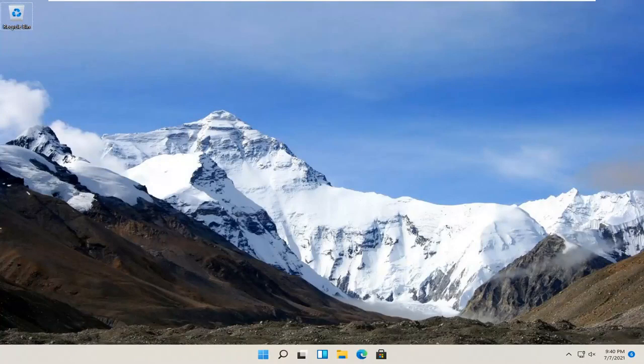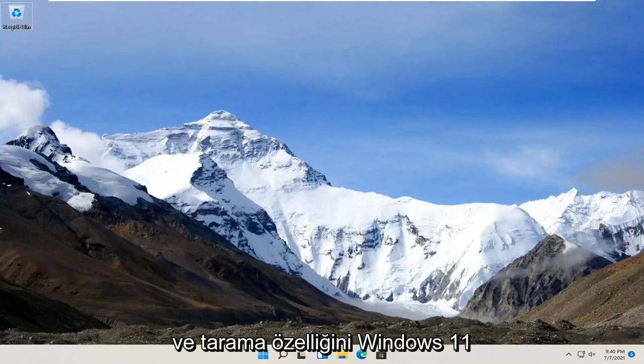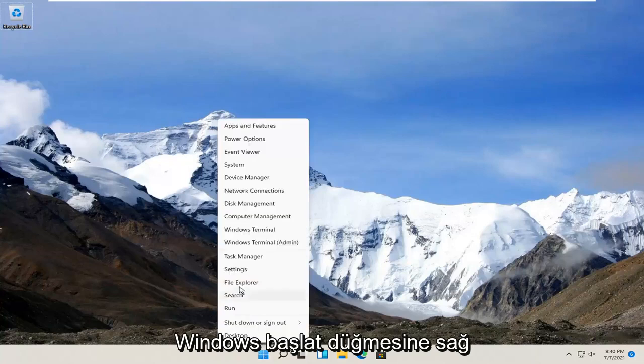In today's tutorial, I'm going to show you guys how to install the Windows Fax and Scan feature on your Windows 11 computer. So this should hopefully be a pretty straightforward process, and without further ado, let's jump straight into it. So all you have to do is right click on the Windows Start button and select